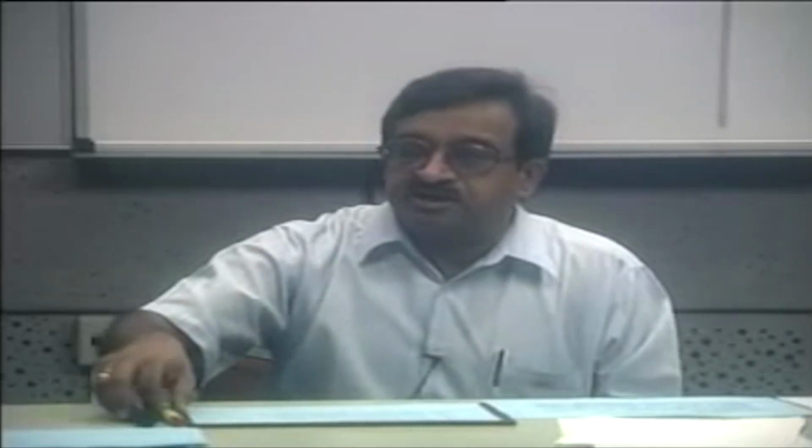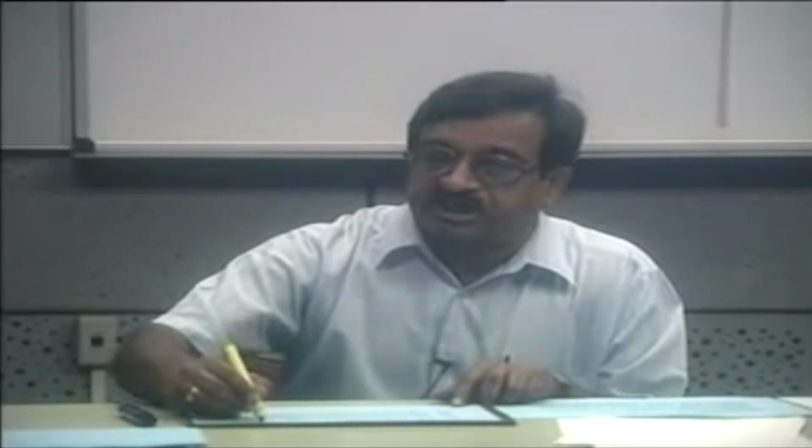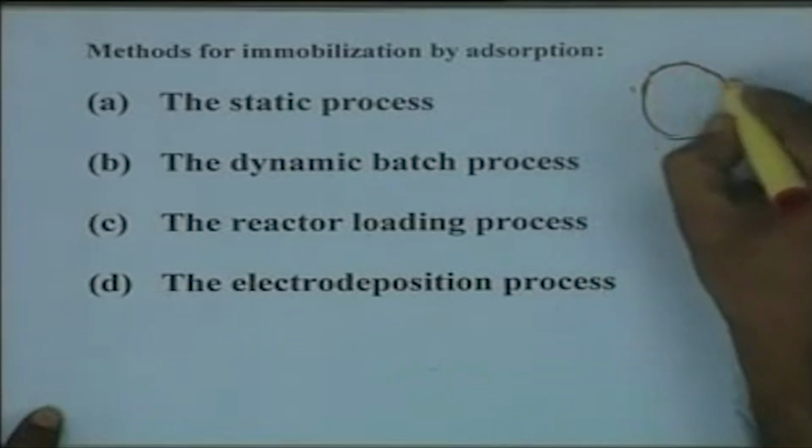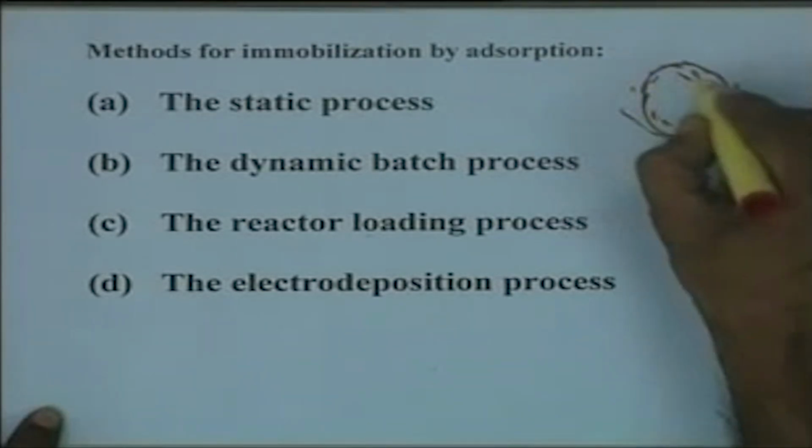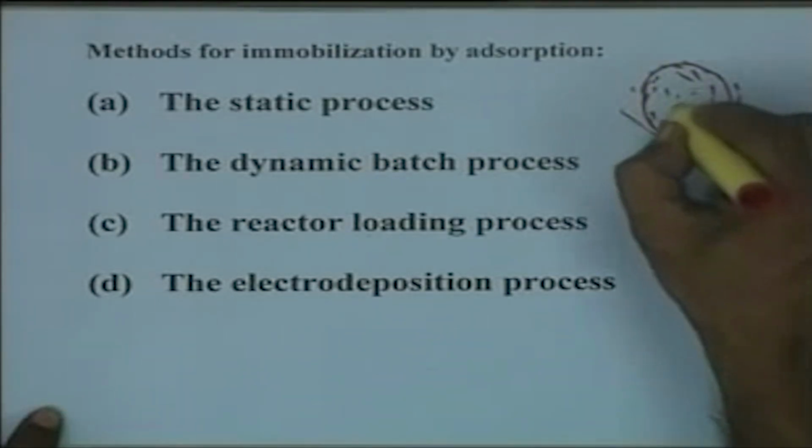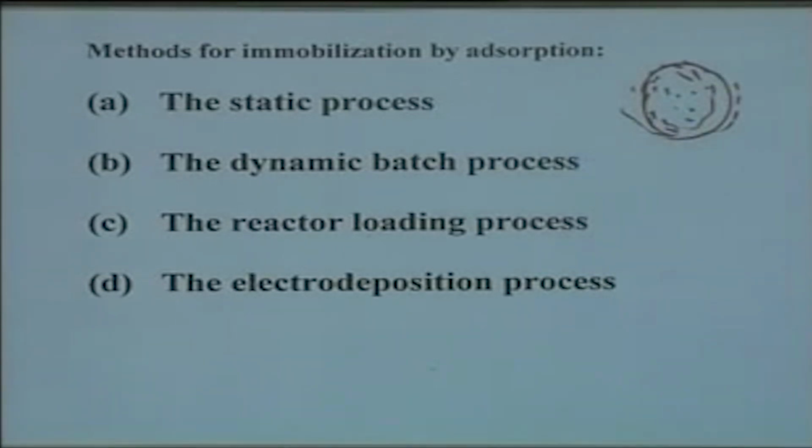On the surface it is large, and as the intensity decreases, suppose this is a carrier particle, you have a lot of enzyme molecules on the surface, but in the interior they are very rarely distributed, so the loading is not uniform. The most commonly used method in the laboratories is the dynamic batch process, in which you mix the